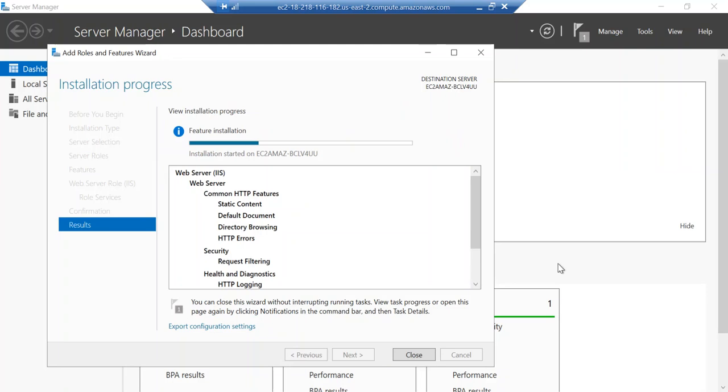Once your web server has been installed successfully, you are able to access your web server default page from browser. Now installation is completed. Close this window.